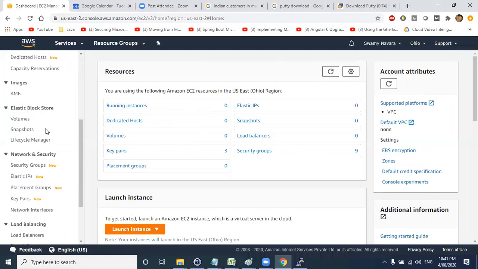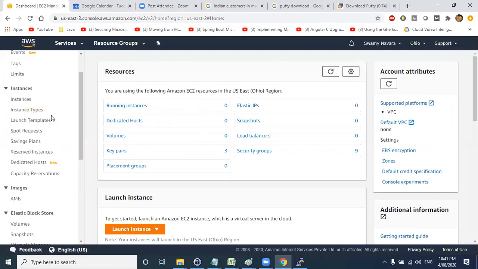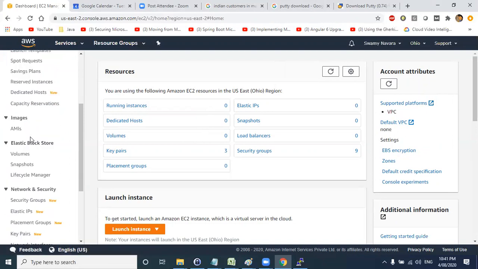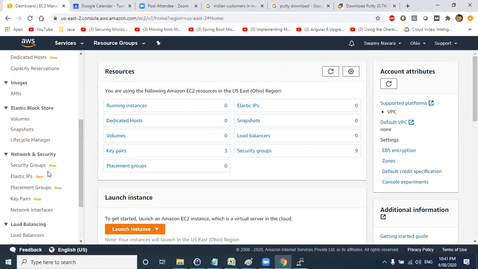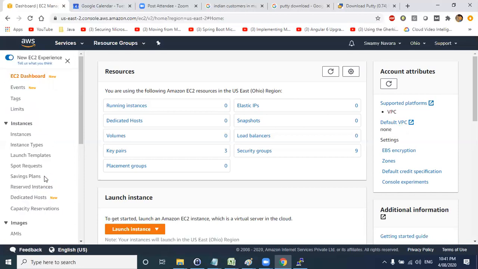We will have 4 to 5 sessions only for EC2, to discuss EC2 instance types, launch templates, spot instances, then Amazon machine images, volumes, snapshots, EBS, security groups. Security groups are the same; what we are creating in VPC will be used here, and we'll see elastic IPs. You need a minimum of 5 classes, guys, 5 hours to cover all the EC2 topics like load balancers and auto scaling groups.